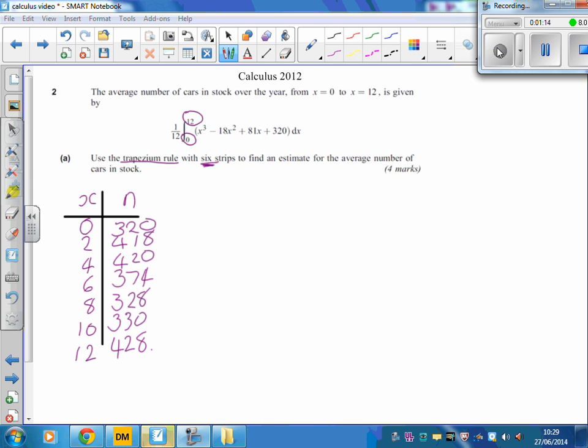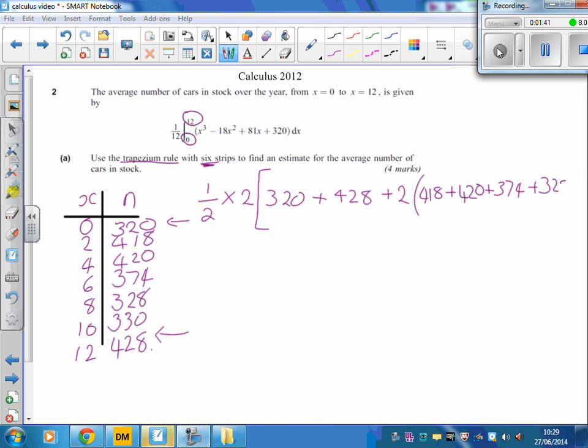Now we're going to use the trapezium rule, and the way I remember it is half the width, so that's half times 2. I open a bracket, then I do the first y value plus the last plus twice the rest of the y values added up, 374, 328,